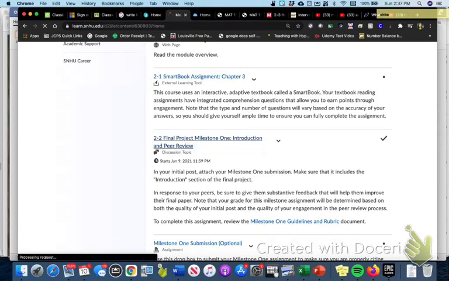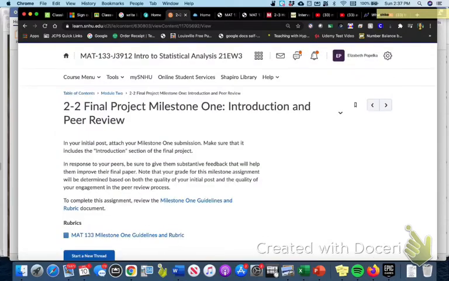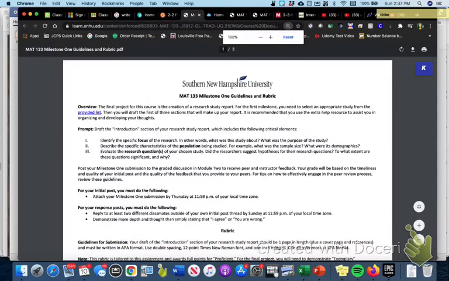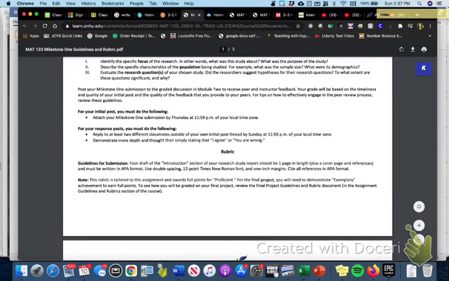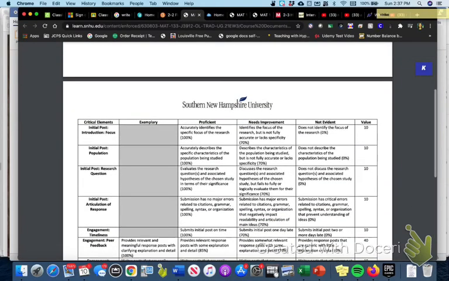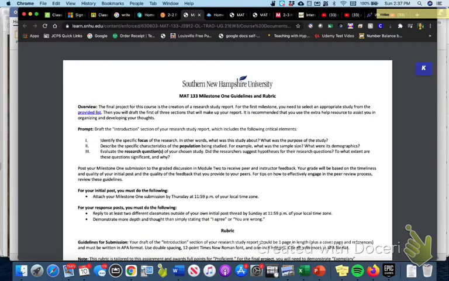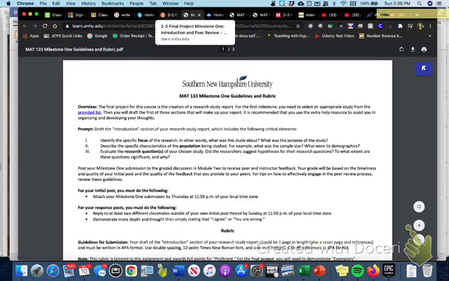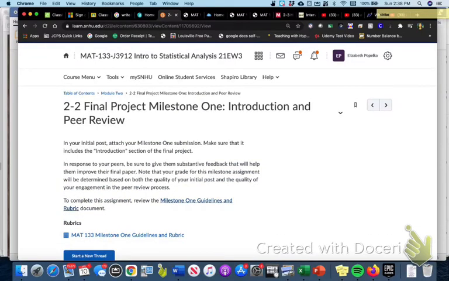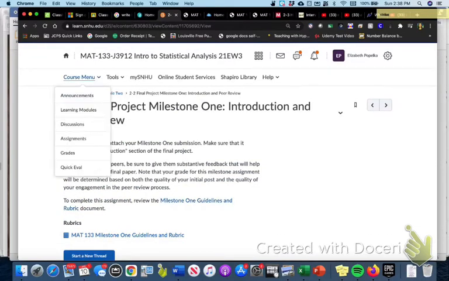So if you click on this entry in our learning space, and then you click on Milestone 1 guidelines and rubric, it tells you the questions you should answer, along with formatting requirements for the paper and the way that it's going to be graded. I know for some people that can be a lot to digest, so I tried to take the same information and break it down for you a little bit more in kind of a video format. So where you will find that is if you go to our course menu here at the top, and you go to discussions,